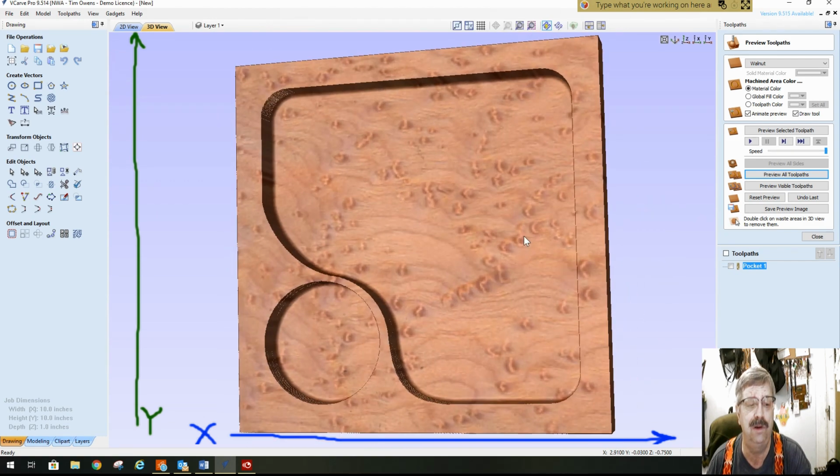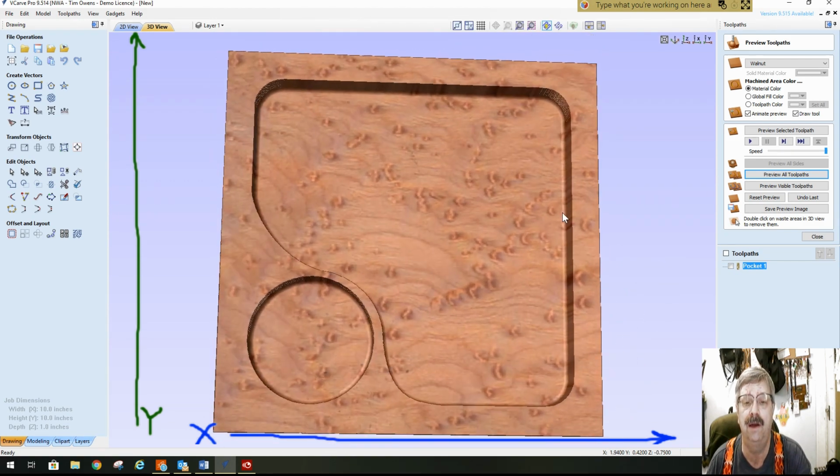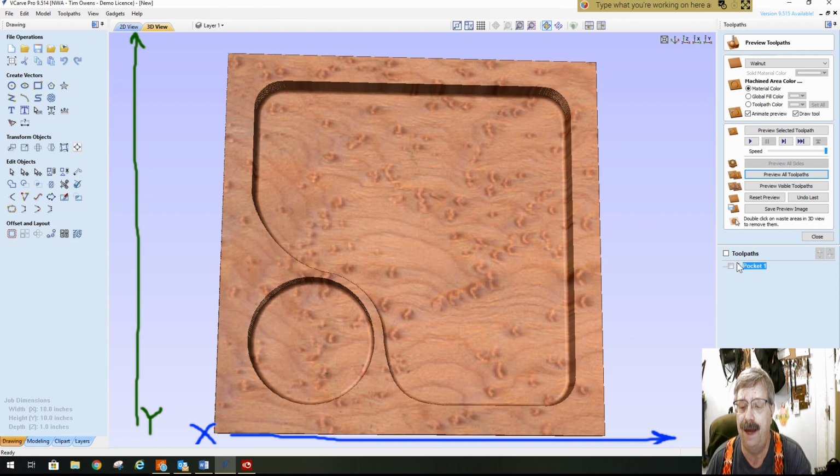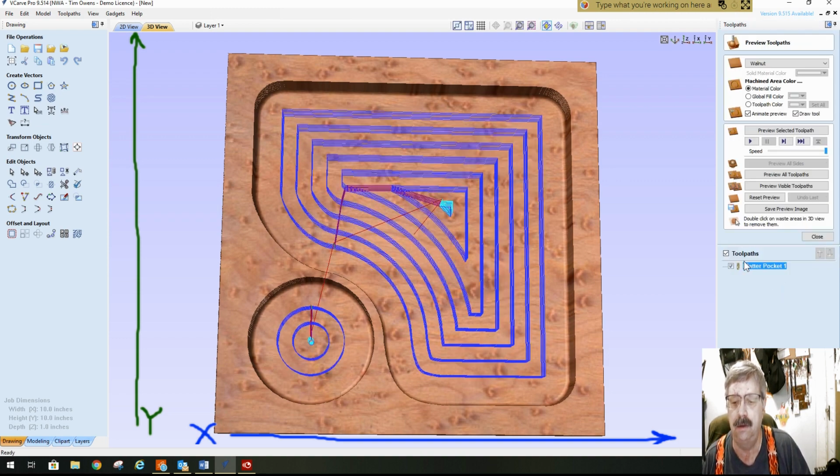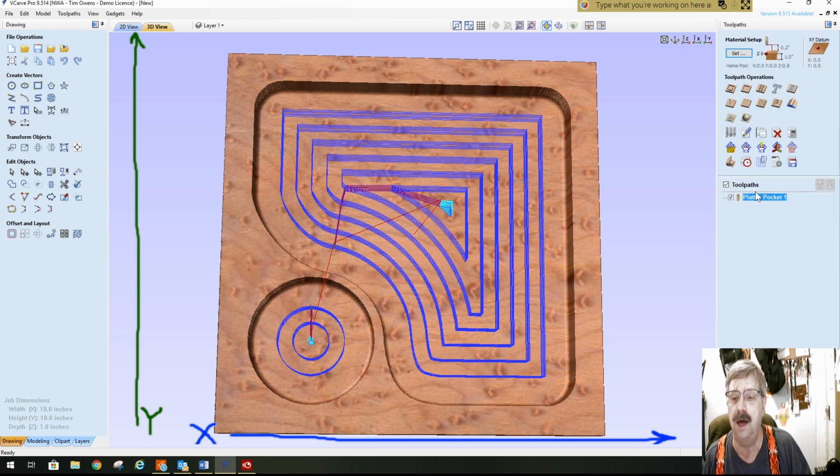And I'll tell you what, I'm going to just leave it at that because I like the way that looks. So that's my pocket. Now, you might want to give it a very peculiar name, and we're going to just call it platter. Pocket number 1, and that's where we're at there. Now, we're going to close out of that,